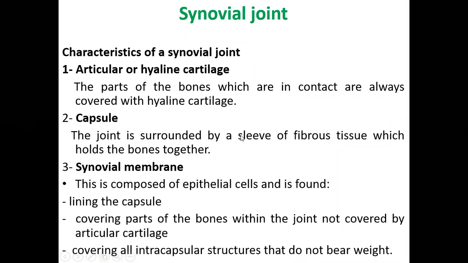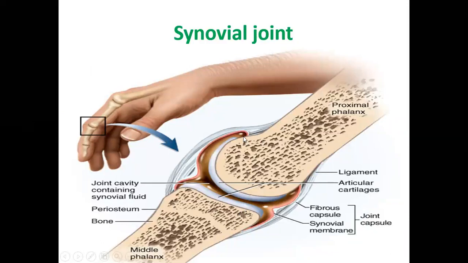The joint is surrounded by a sleeve of fibrous tissue which holds the bones together. Here there is fibrous tissue, but not in between; it will be outside here. There is a fibrous capsule. This pinkish structure outside is called the fibrous capsule, which is made up of fibrous tissue, and